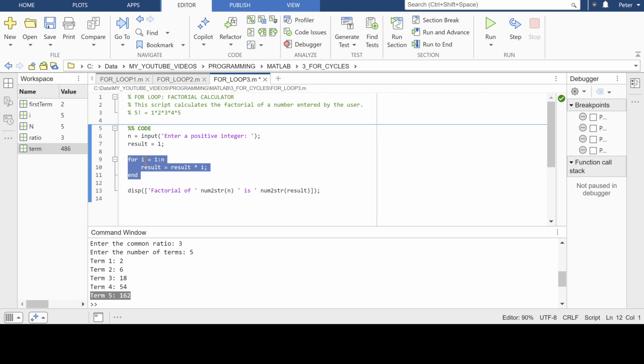for i = 1:n, result = result * i; end. After the loop finishes, we display the result. disp(['Factorial of ' num2str(n) ' is ' num2str(result)]);